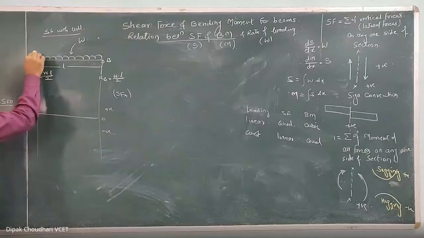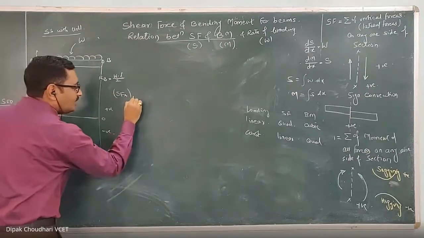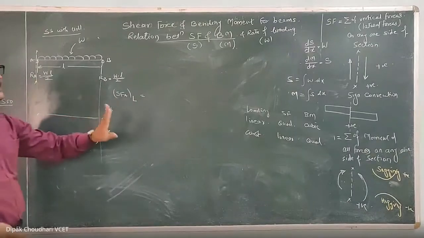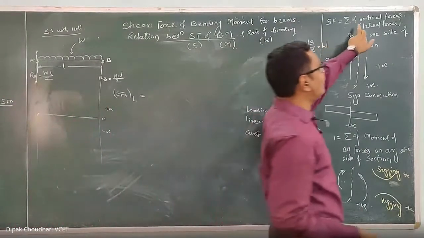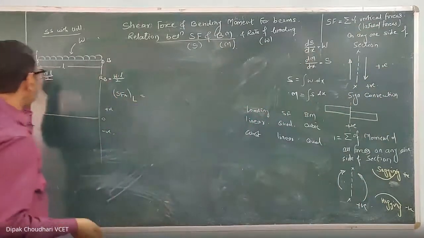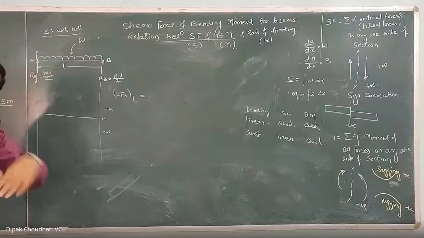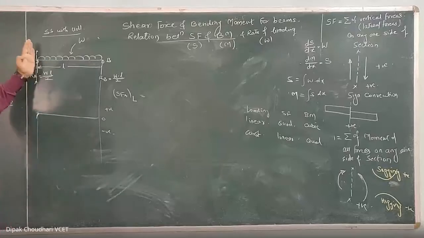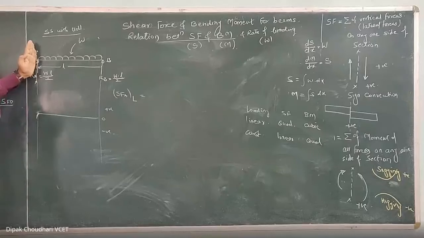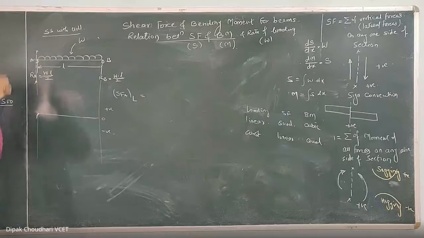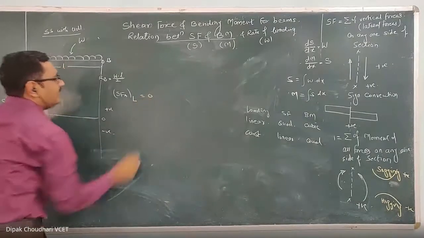Now, this is the section on A, left hand side. This L doesn't mean that I am calculating the summation of the vertical forces on the left hand side. My section is on the left hand side. You are free to take the algebraic summation of all forces on any one side. To calculate the shear force, I have to consider the algebraic summation of the forces either on the left hand side of the section or on the right hand side of the section. Now on the left hand side of the section, there is no force, so the shear force at point A left will be 0.